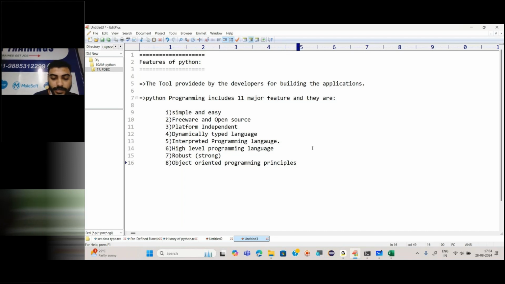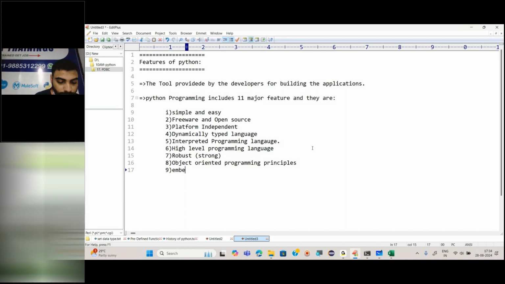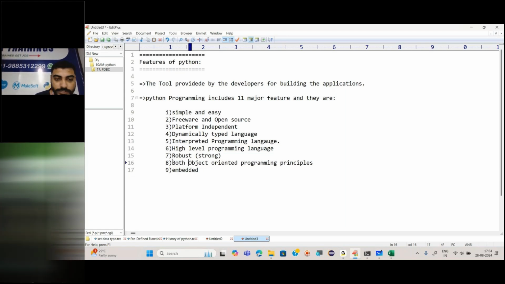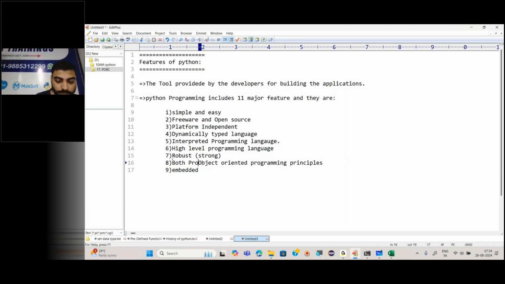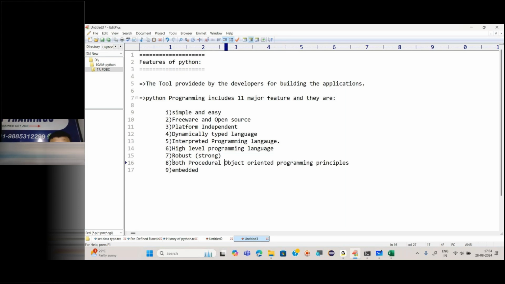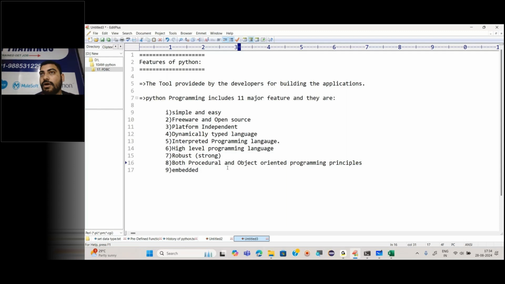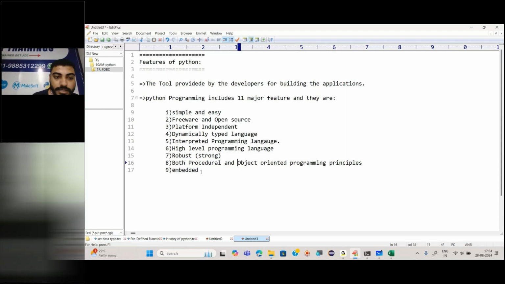Ninth is what? It is kind of both: it follows both procedural and object oriented programming principles.